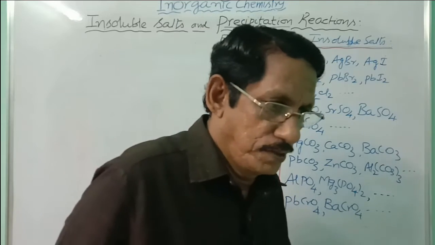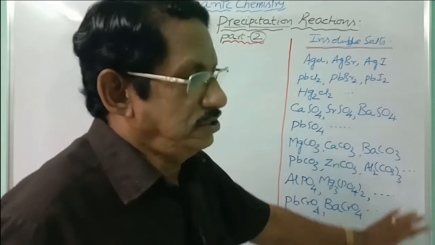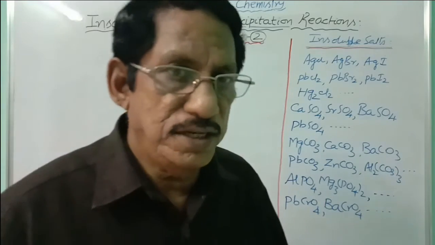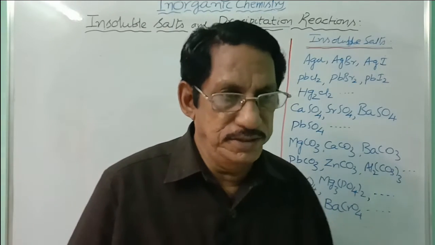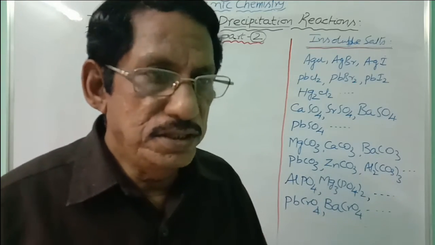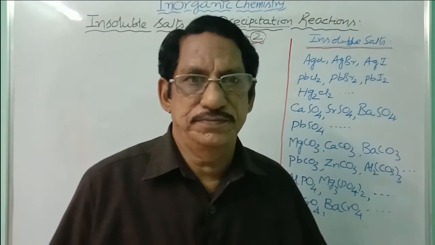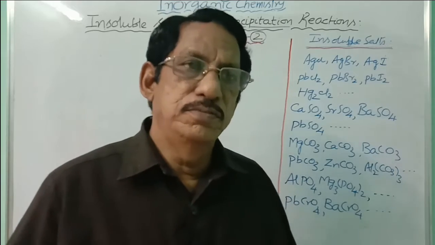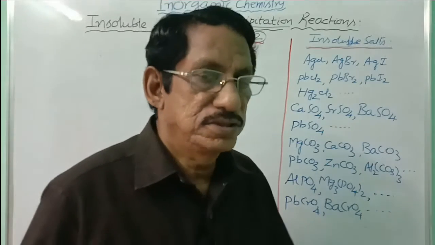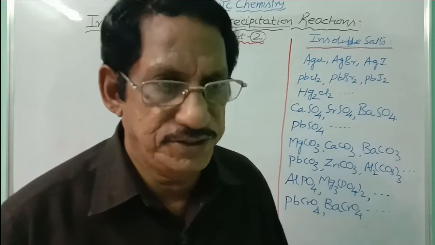First let us know. In the previous class, we already discussed the insoluble salts. Salts which are insoluble in water and also salts which are mostly soluble in water. You have to categorize this list. Every insoluble salt can be represented by precipitation reaction in the form of double decomposition reaction. For all these, we can write several chemical equations for these precipitation reactions.